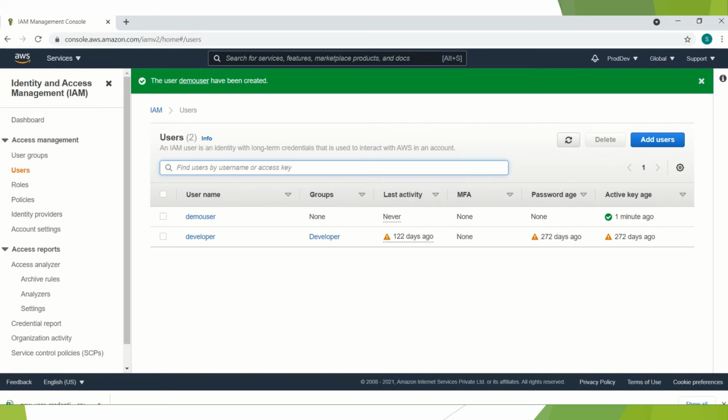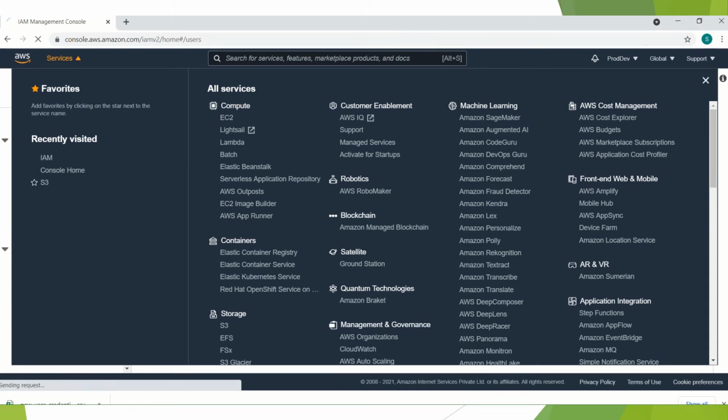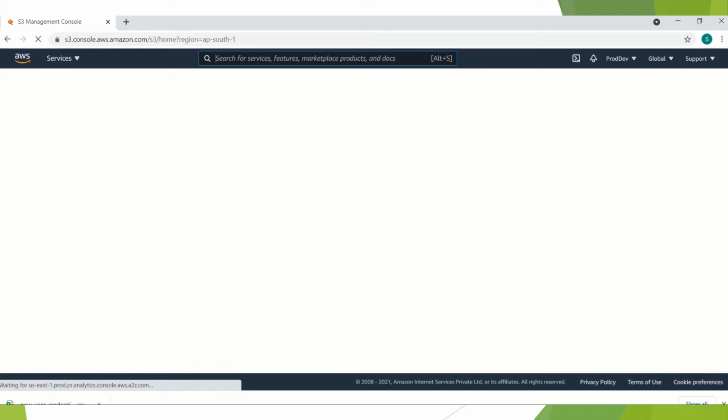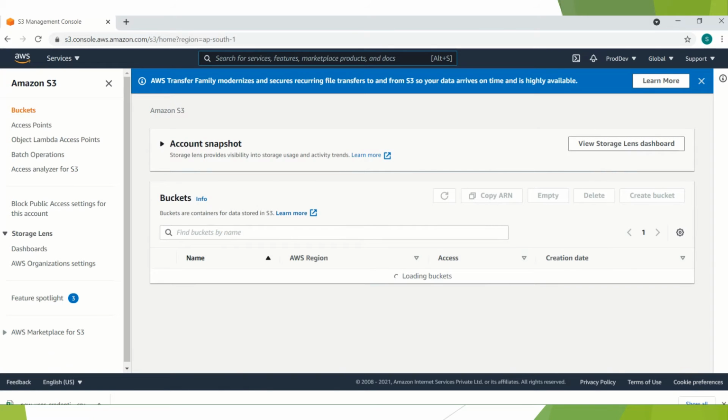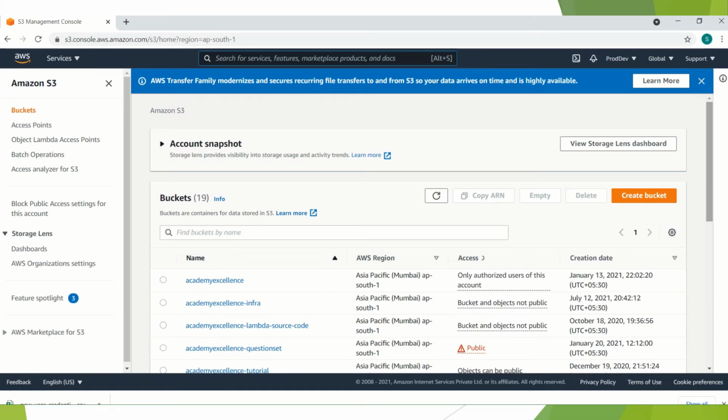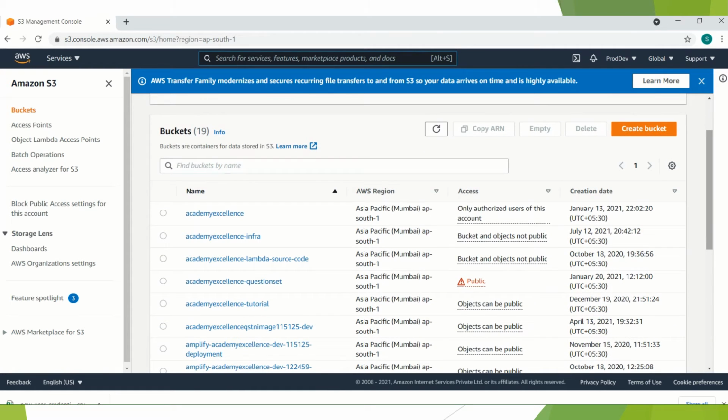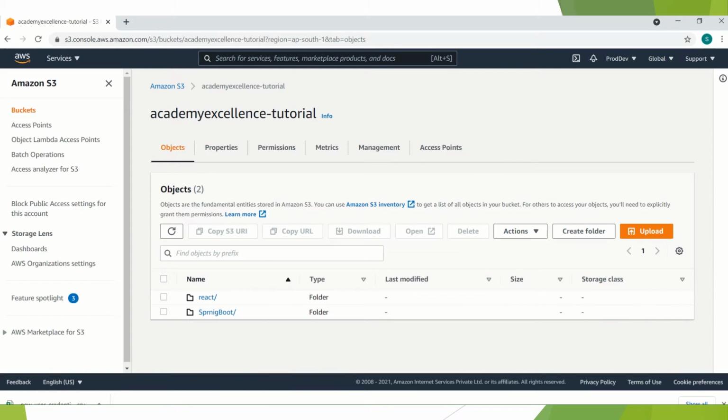Let's go to our S3 bucket. So this is the S3 service. See, I have a few buckets already in my S3, and we are using the buckets for different purposes, but here we have to use this bucket, Academic Excellence Tutorial.